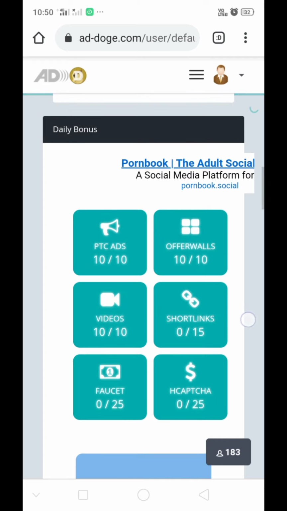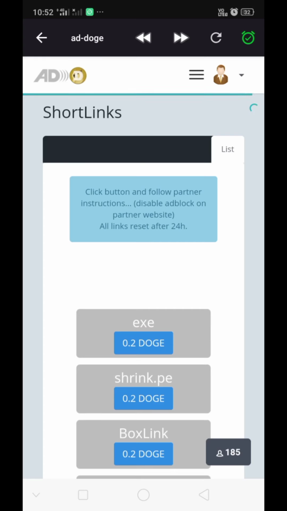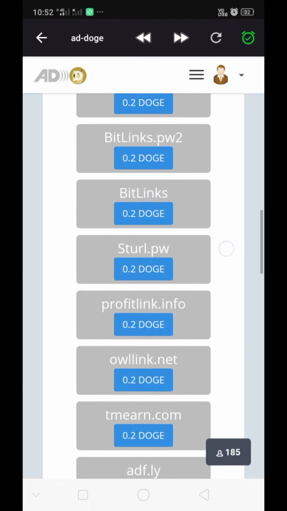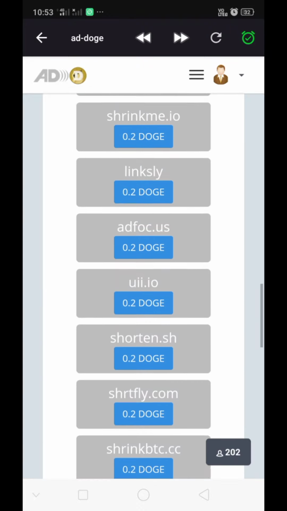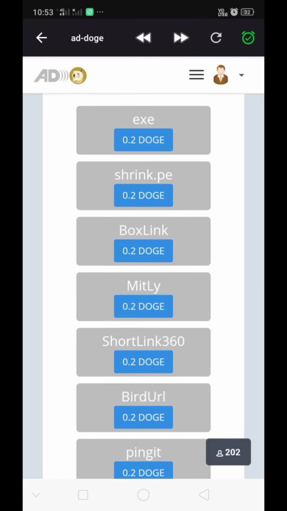Now complete 15 short links. Okay, click on short links. So these all are the short links. Complete any 10 short links. Okay, click on it. Just complete the short links.